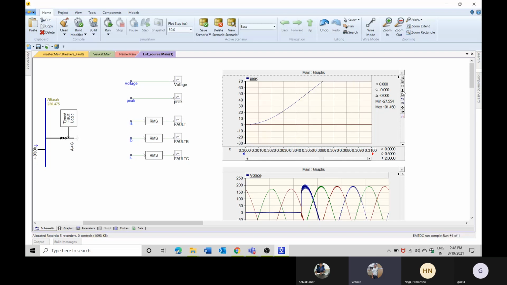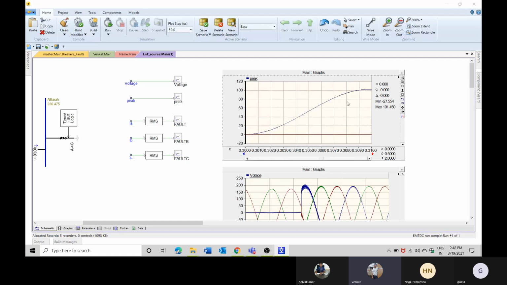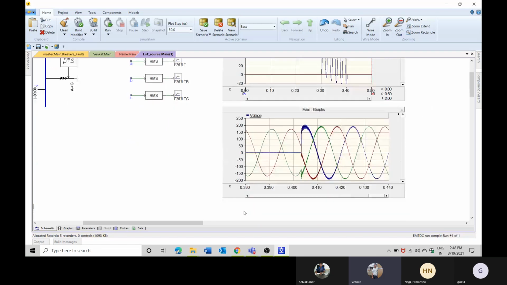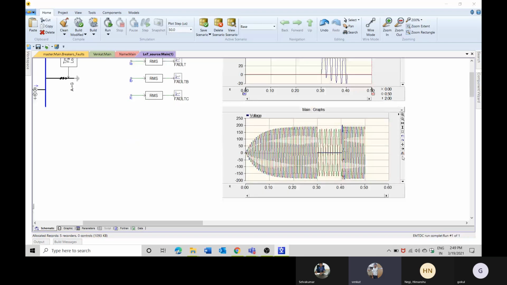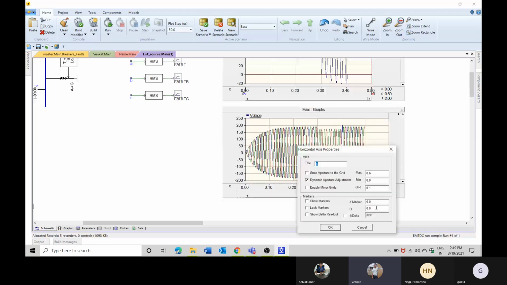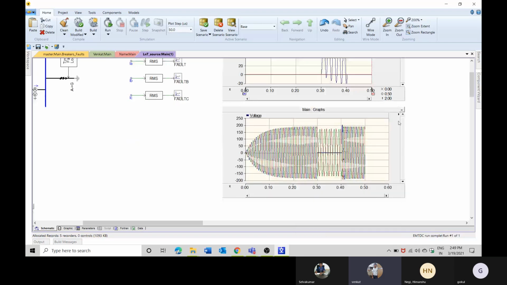There is an option to zoom y extents, right? If you click this, your topmost value up to your y point will be shown here. If you click zoom x extents, it will show the complete waveform. This is some basics about how to plot current and how to see the voltages in the particular model.